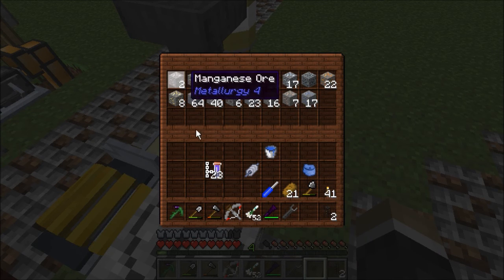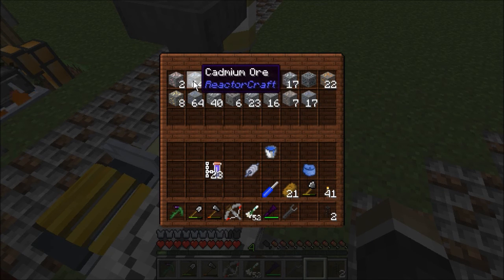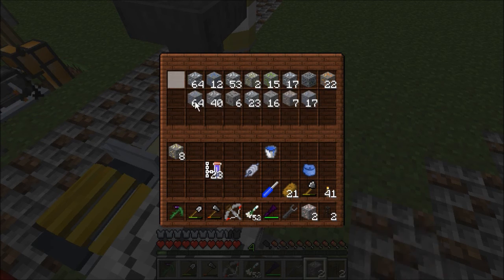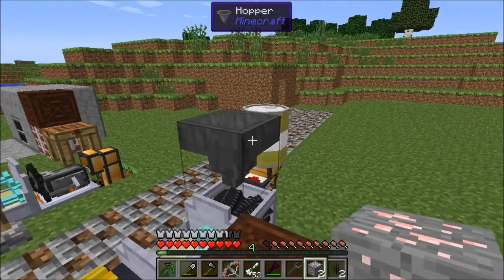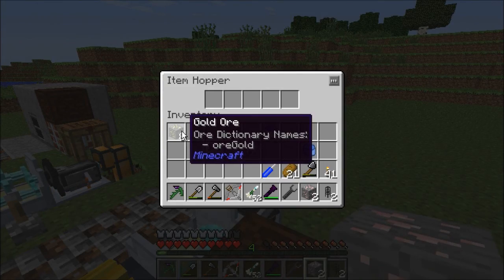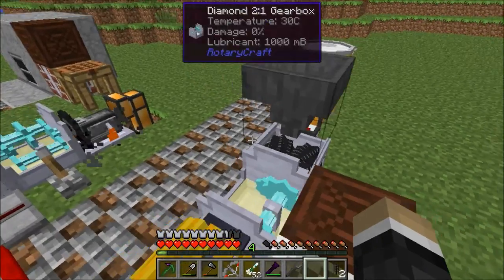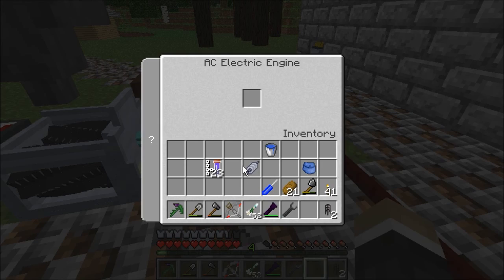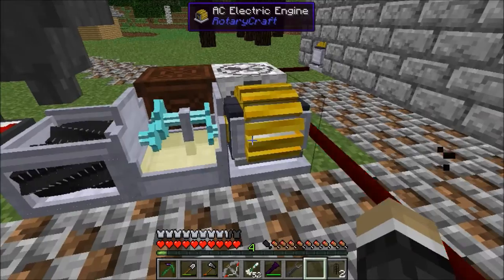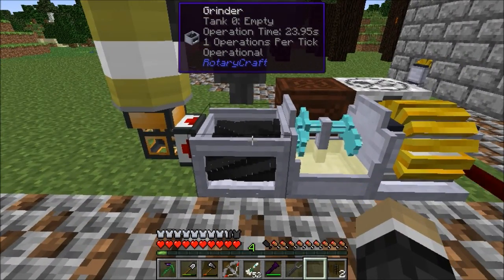You can take ores. And I mean really any ore. Platinum, cadmium, it doesn't matter. I'm going to use that, magnesium, and I got some iron for here. Toss that in. Toss that in. Toss that in. Actually shouldn't work, because this needs a core. But now it should work. Because I'm pretty sure that just needs...